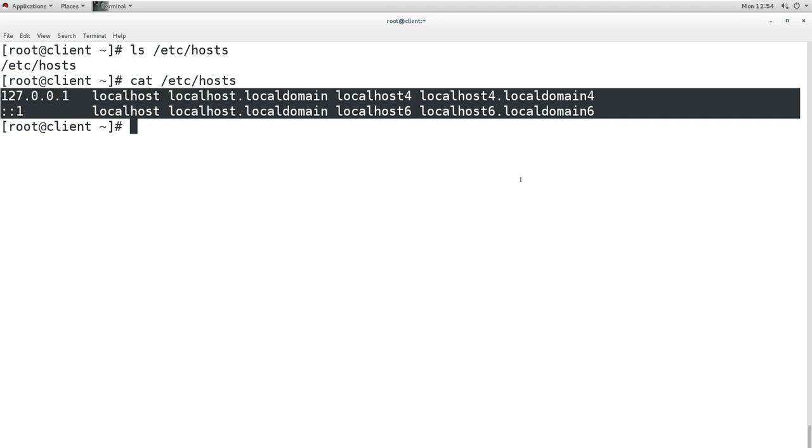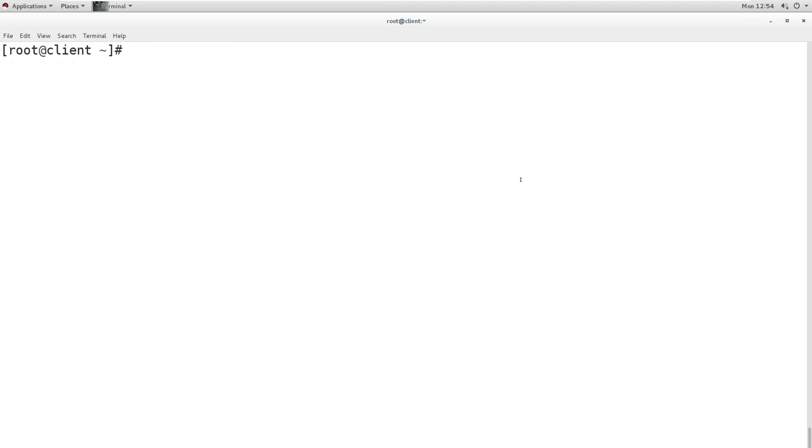Still, if you use it for anything else, like a web server where you want to resolve some name, you can add it into the hosts file and it will work, but not for this mail service. You need DNS for it, because by default it won't accept it. But if you want to use the hosts file, then you have to add some setting into the main configuration file of postfix to use the hosts file to resolve the name.